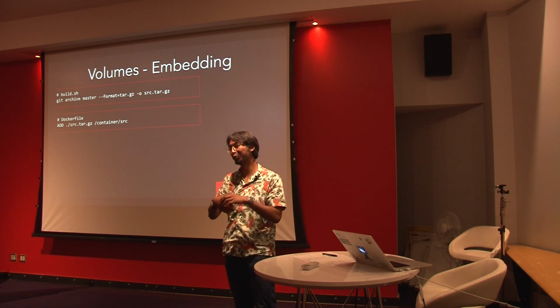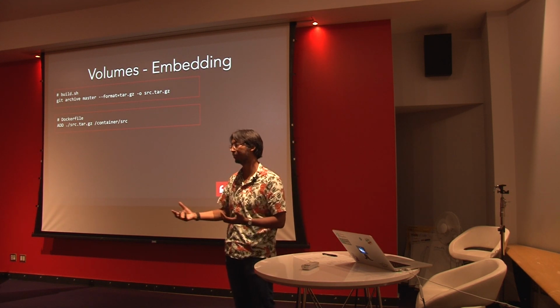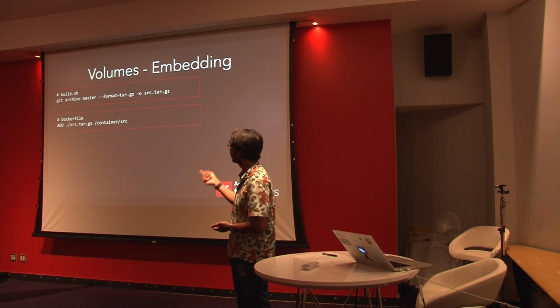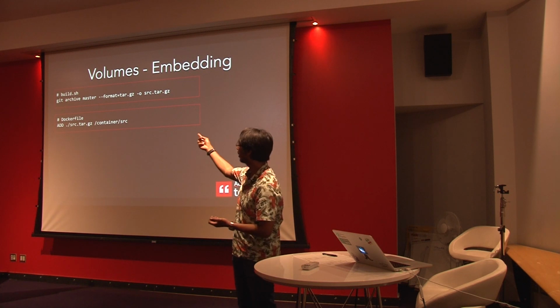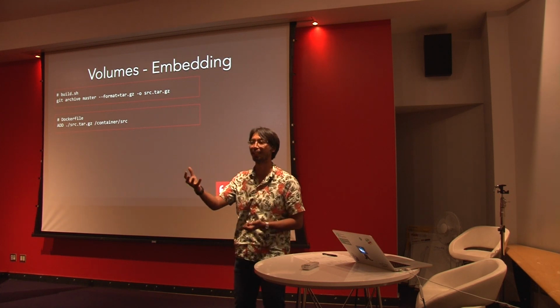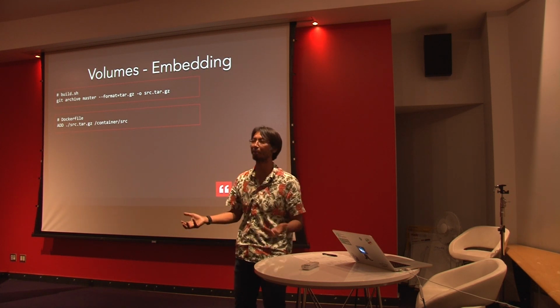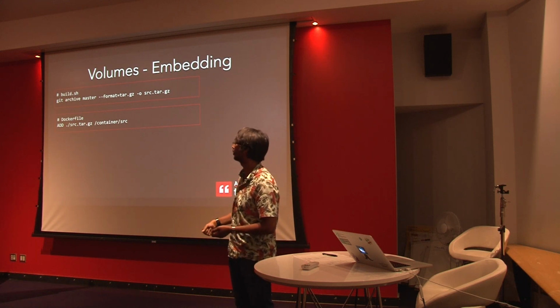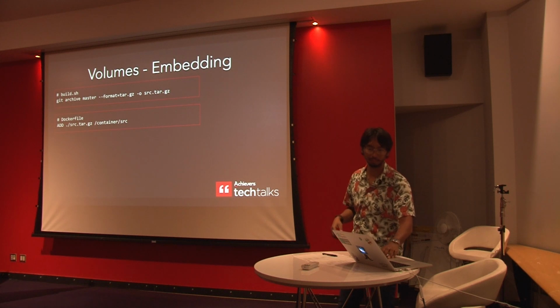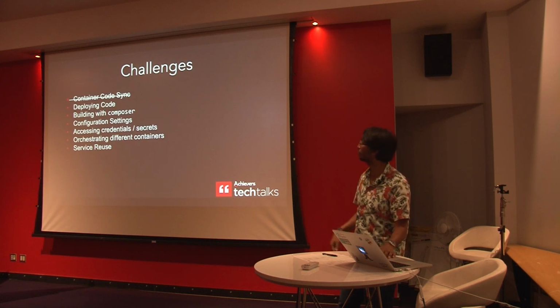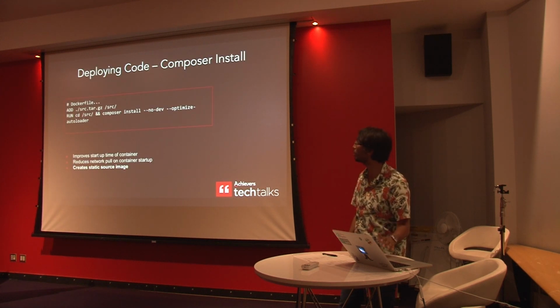However, when you deploy, you don't want to volume map to something that could possibly be dynamic. You'll want to embed that code in there. So your code at the top, you might do something like git pull from the archive. It'll give you a tarball. You'll push that tarball into the container, and that will be static. So that helps with the container code. Deploying the code,